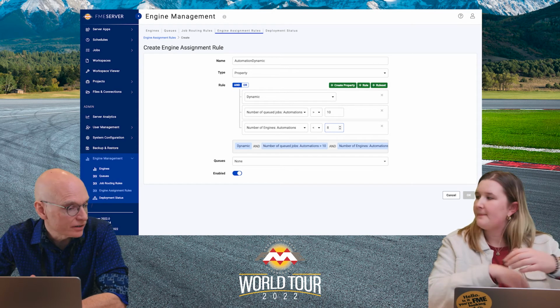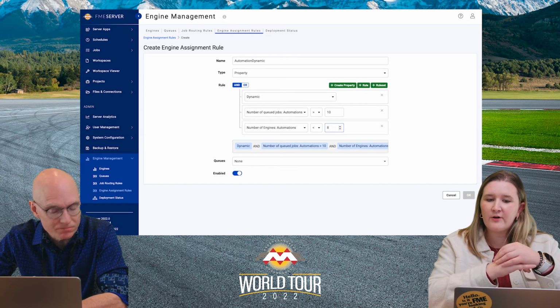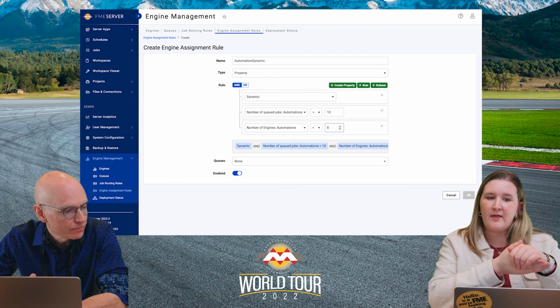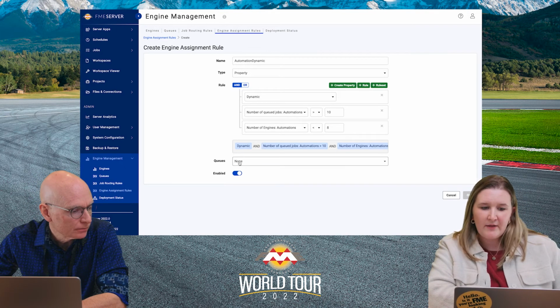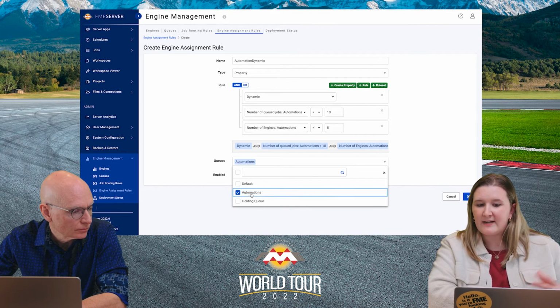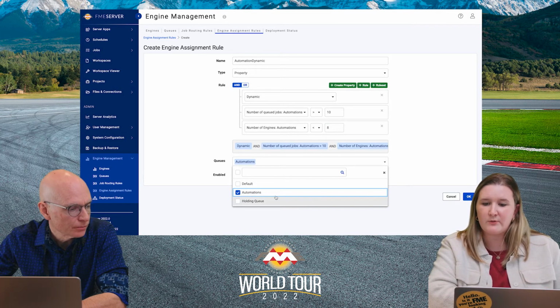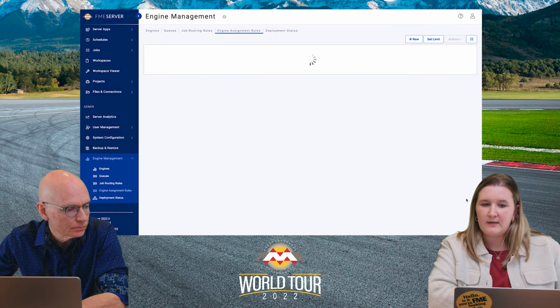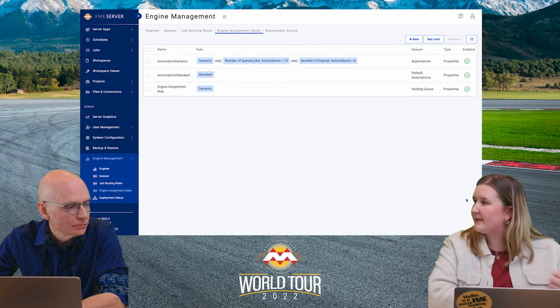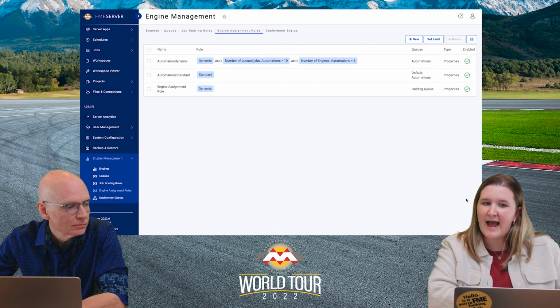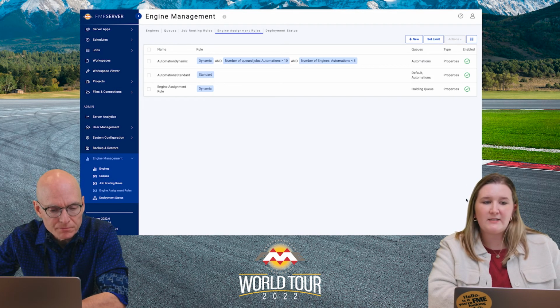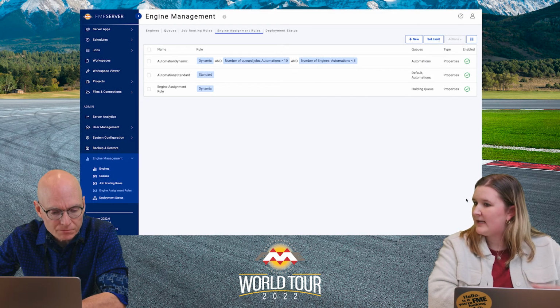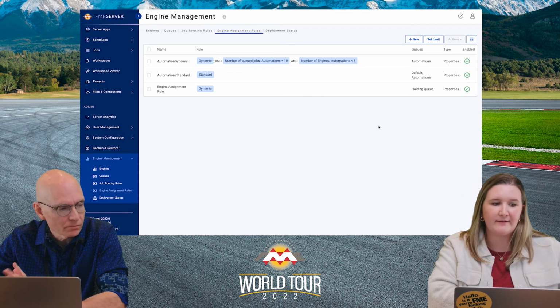So that'll leave 4 of my dynamic engines for use in other processes on my FME server. So now the last thing I need to do again is actually assign this rule to that automations queue. And that's it. I have my queue, I have my job routing rule, and I have my engine assignment rules. So now I'm ready to trigger an automation. And let's go ahead and see what happens.